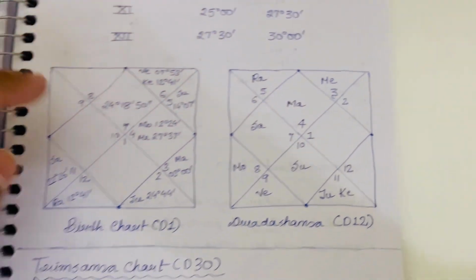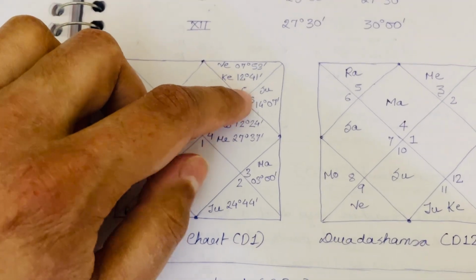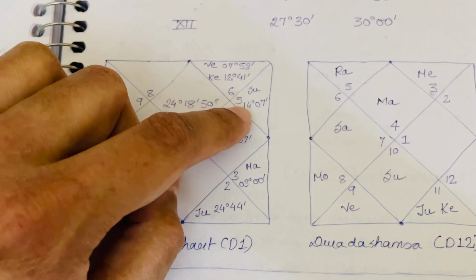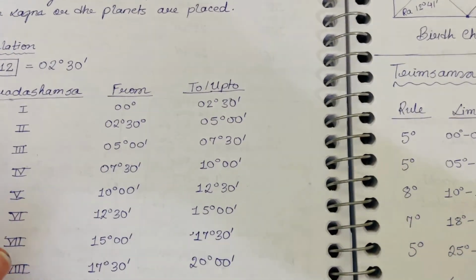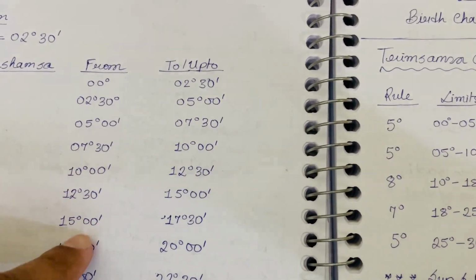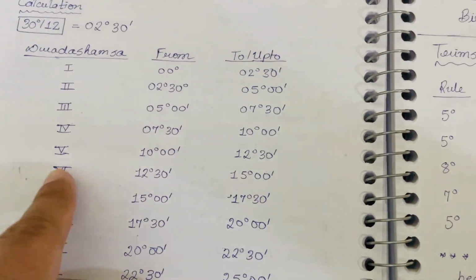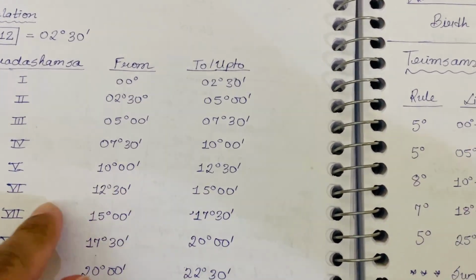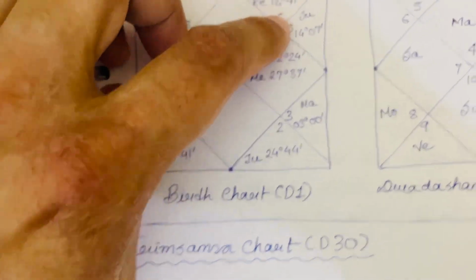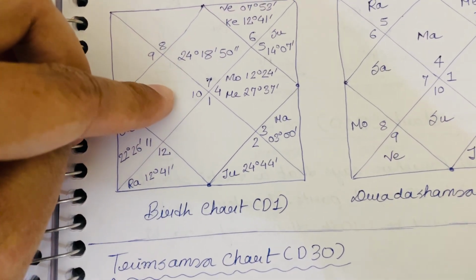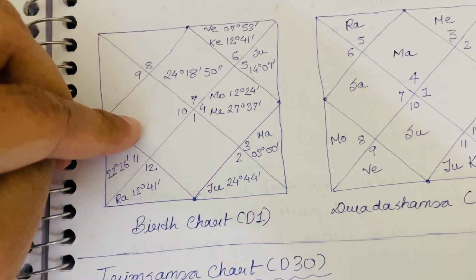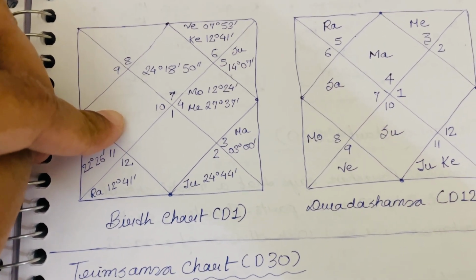Okay, wonderful. Now let's come to Sun. The longitude of Sun is 14 degree and 07 minutes. So 14 degree and 07 minutes is falling in the 6th Dwadashamsha. So from here you count 6: 1, 2, 3, 4, 5, 6. Okay, so Sun gets placed in the sign of Capricorn